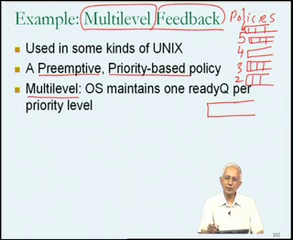So if there are 2 processes with priority 2, they would be in the last or the lowest in this diagram, priority queue, ready queue. If there are 3 processes with priority 6, they would be in the topmost ready queue. So in essence, the operating system might choose to keep separate ready queues for each of the priority levels, and